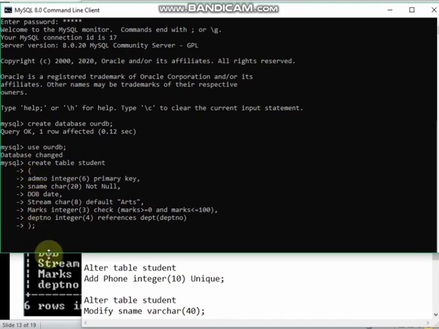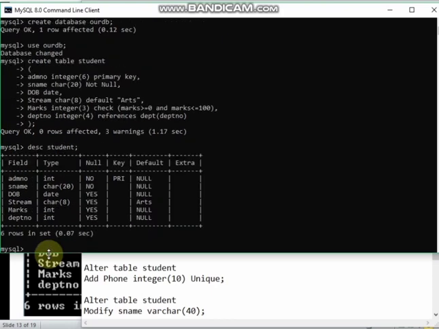So let's see. Wow, query okay. You feel so great when your query runs. So let us see whether this will show me the structure of the table or not. Yes, it is showing me the structure of the table.